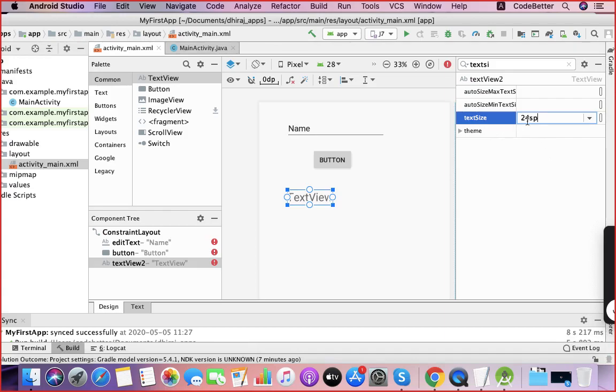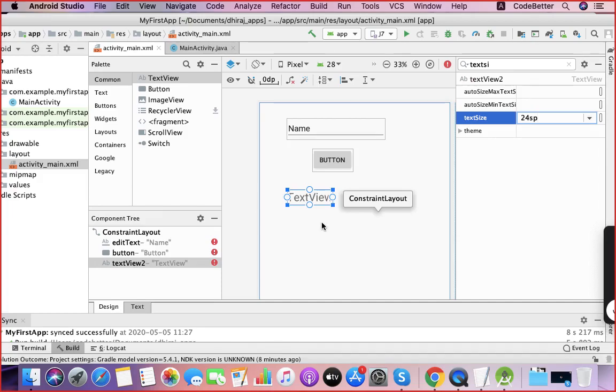You can type px also, but pixels are basically for screen pixels. And if you type SP, scaling pixels, it will accommodate according to the screen density of the device. The density is the number of pixels per centimeter. So we always use SP so that it can automatically update according to the screen size and try to display it at the same size on multiple screens.